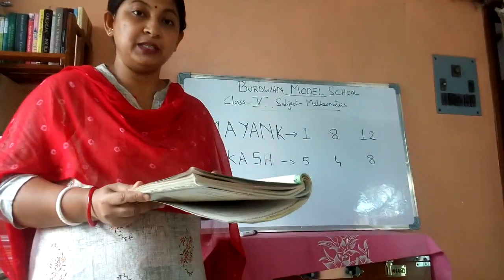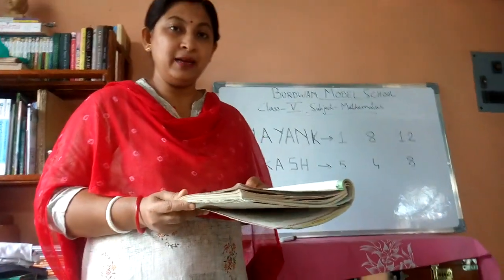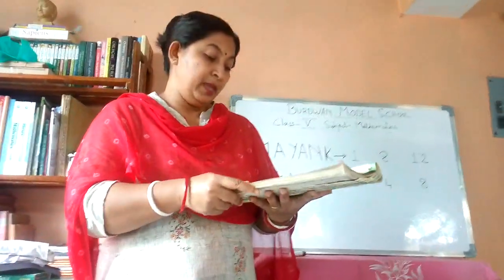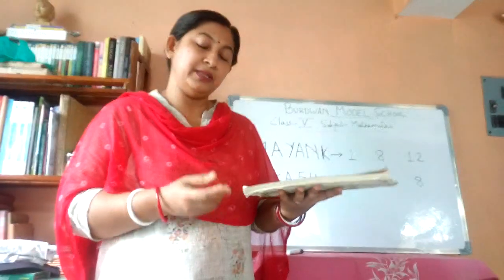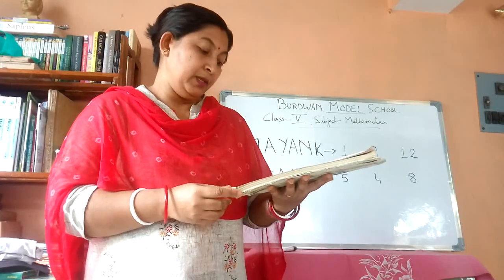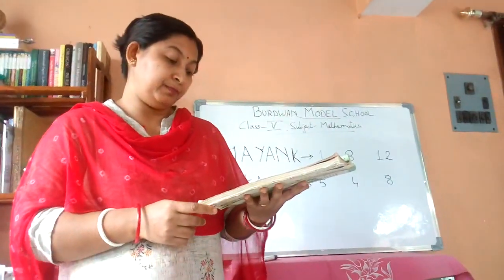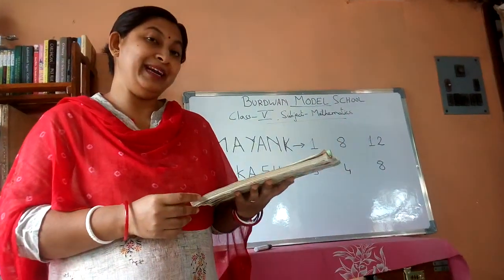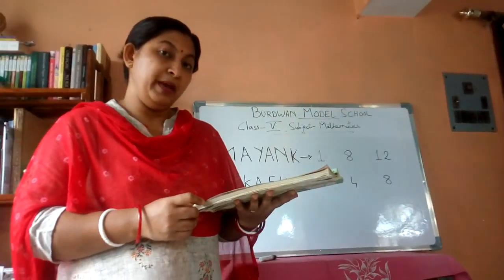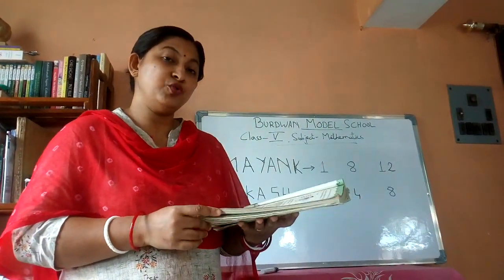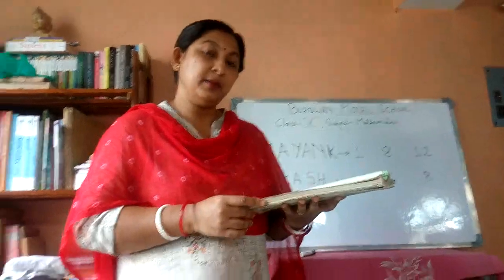Means first you will keep 6 books, and next you will keep 10 books. So you have to find whether the ball is sliding quickly with the 10 books or with the 6 books. Clear? You can see that the ball rolls down faster from the slide made by 10 books. Made by 10 books means if you are keeping the books one over the other, where you have kept 10, there the ball will roll down faster.